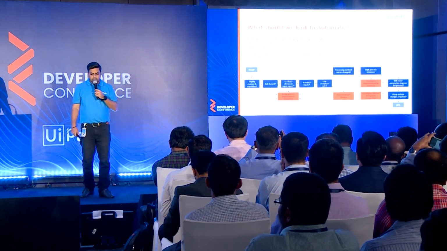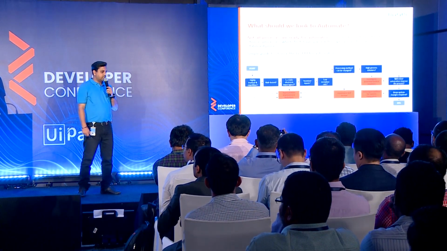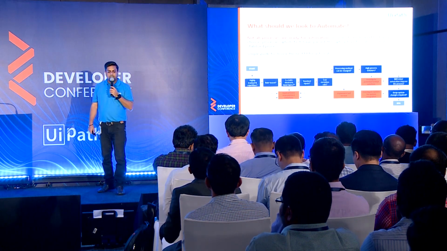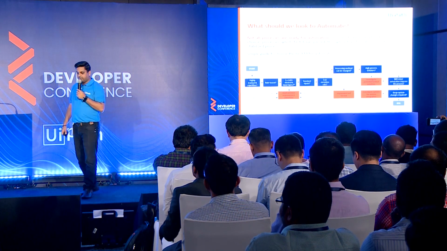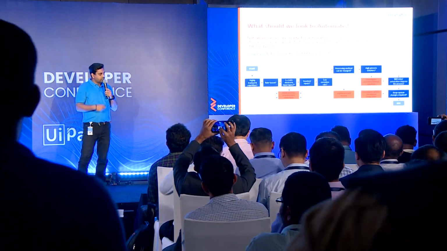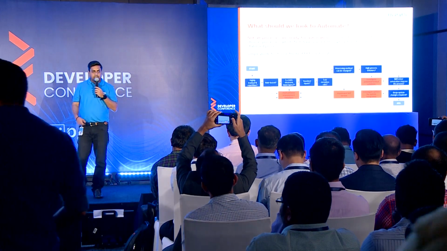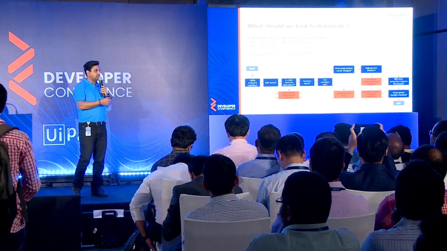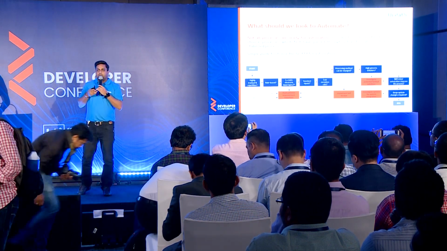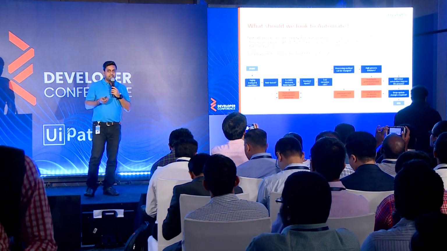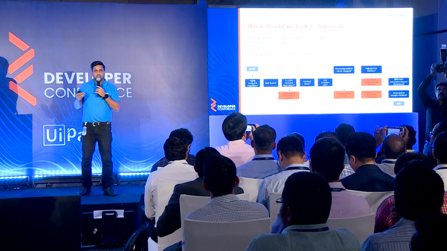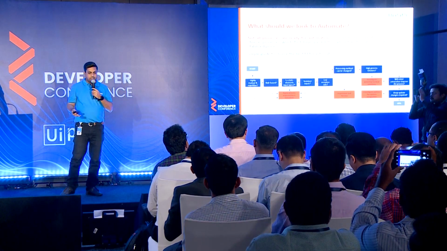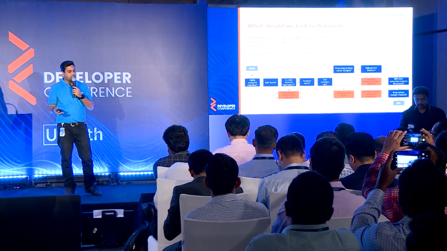Progressing with the same thought, what should we look to automate? The key thing that we are trying to say here is not all processes are ready for automation, right? So in order to get the best benefit of the ROI, we should choose processes which have gone through a transformational journey first, and then look to perform RPA over them, right? We saw most of the blue boxes in the previous slide, but what we have tried to do is connect them and prepare a guide, a kind of checklist, so that it's easier for us to understand what we should automate. If you look into that, we start with checking highly manual and repetitive. If it is yes, move on to the rule-based check, and so on and so forth.